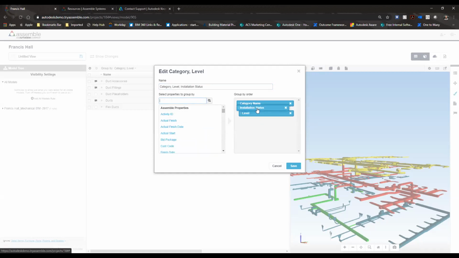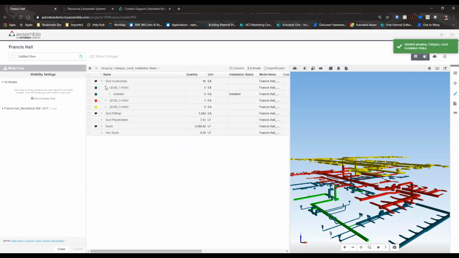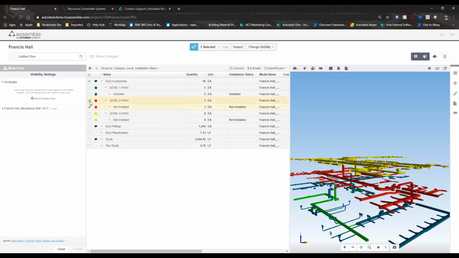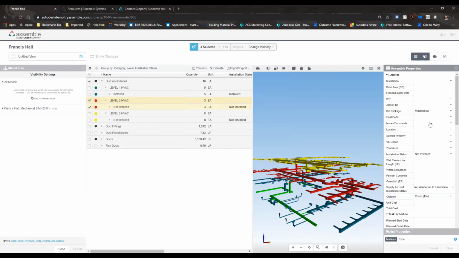Now I could say that I want to see this category name by installation status, then by level, but I think I'm going to do level by and then installation status. So if I do that, it will bring this grouping up a little bit differently. So now I can see my level 1 is all installed, level 2 is all not installed, level 3 is not installed. I could also go into these and change these properties over here by selecting that level or any of the objects within it, coming over here and changing this installation status to installed. And then if I do save,